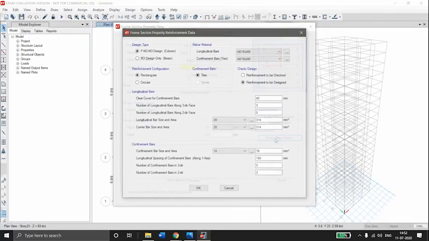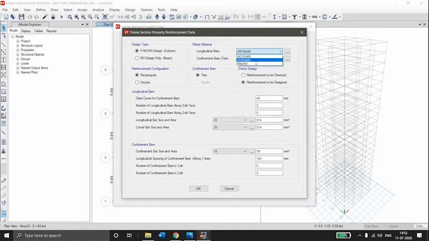To set the reinforcement, HYSD 500 longitudinal bars, HYSD 500, confinement bars MI 250.